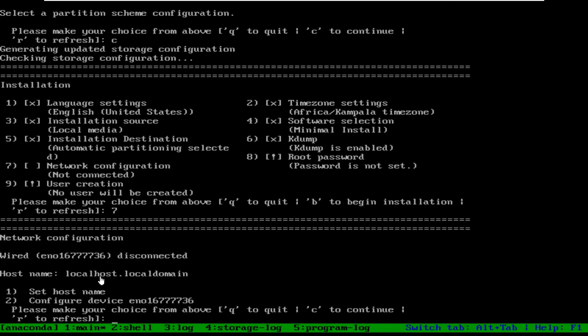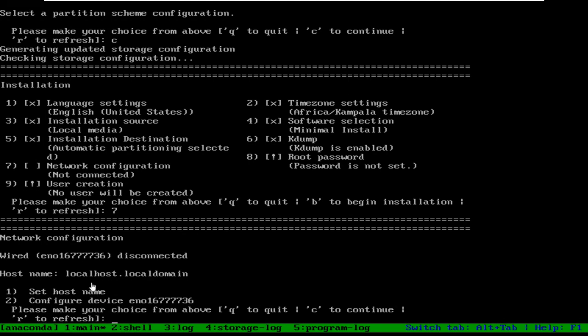The default name is localhost.localdomain. If you want to change this default name, you can change it from number 1, and if you want to configure your network, you can configure it from number 2.